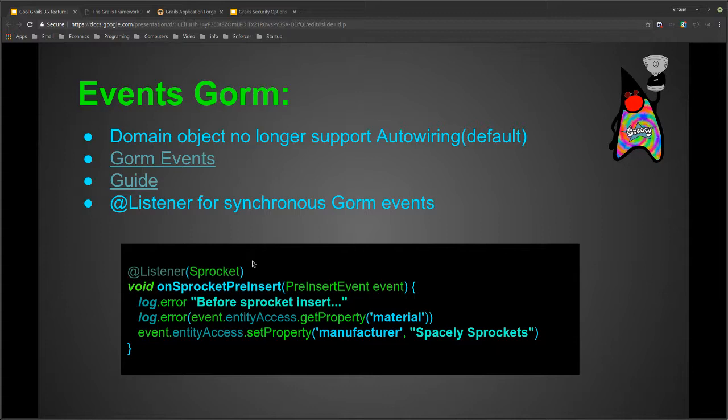No, well, it's GORM based. Yeah, but GORM is not the same as Hibernate. No, it's built on top of Hibernate, but it doesn't necessarily have to. But anyways, it's related to those. But the event bus structure, I think that was introduced in Grails. I want to say 3 something.